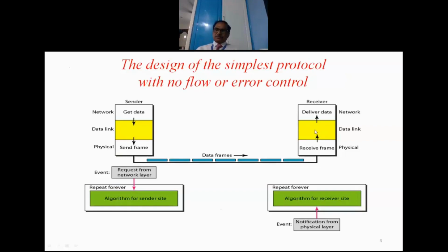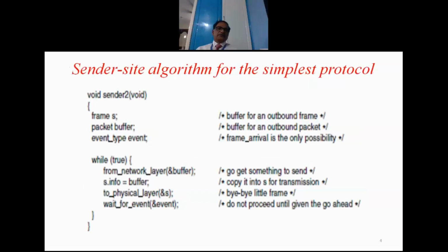Okay, so a simple algorithm is being used because in this particular case the channel is error free and both are synchronized. So no speed mismatch and the channel is error free. As a result, whatever algorithms are written for the data link layer at the sender place and at the receiver side, they are simple. So that is the simplest algorithm. And if we see that algorithm part,